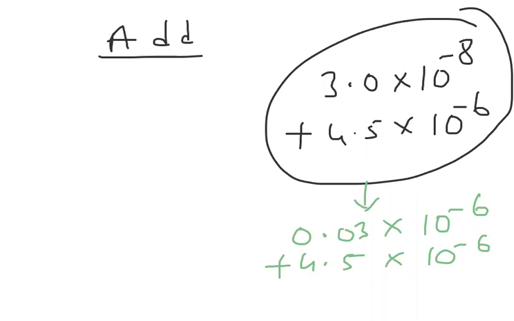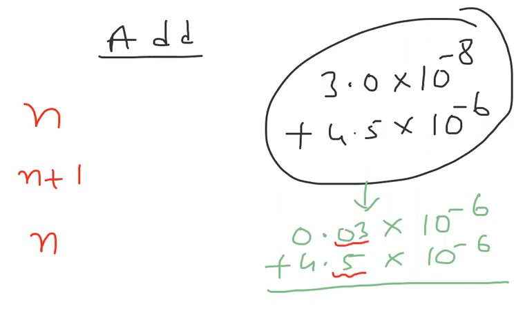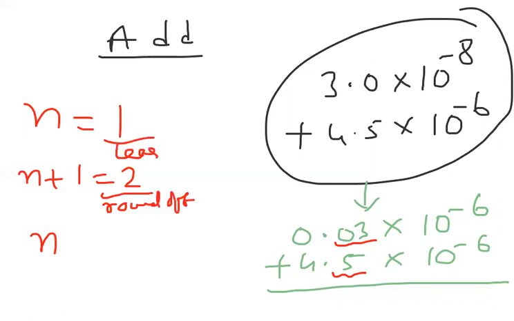So now if you observe here, both have the same powers. Our rule is n plus 1 and n. Here, the least number of significant decimals is only 1 here, and here we have 2. So n is equal to 1. So the remaining numbers you have to round off to 2. We have to round off the others to 2. This is the least significant, and this is our answer.